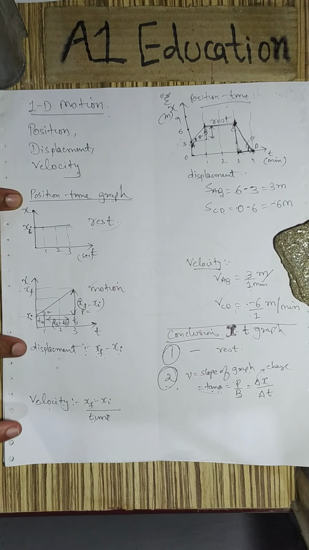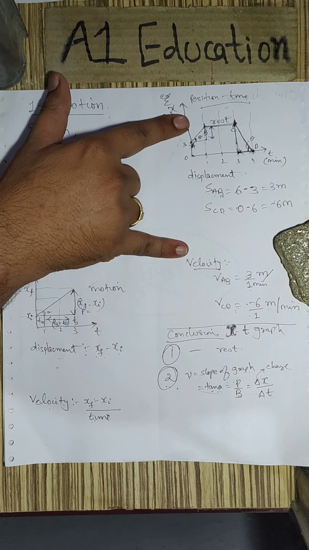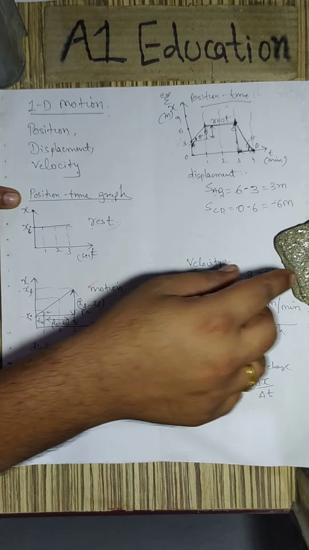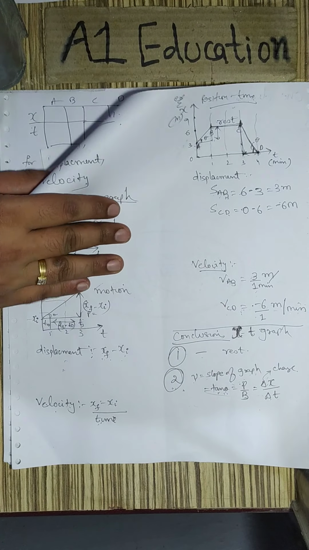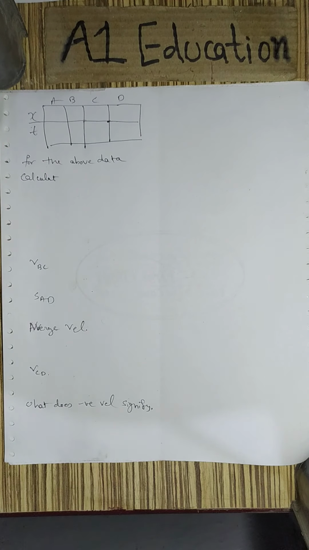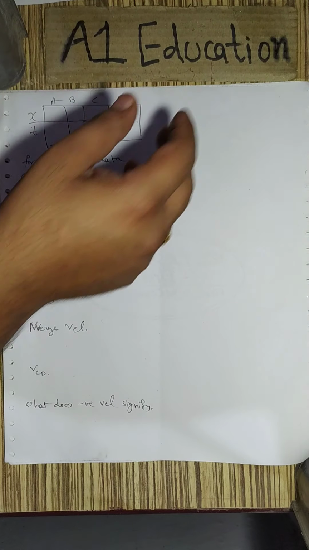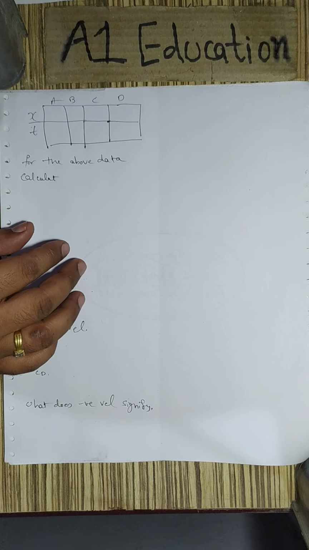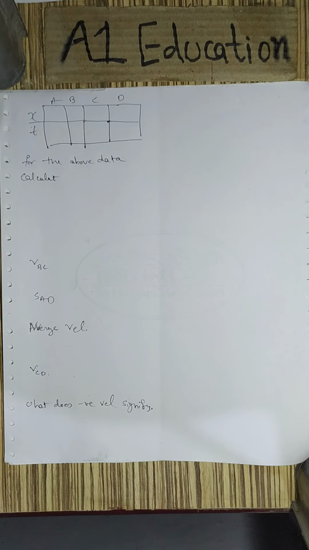From the graph we can obtain displacement and velocity. How can we calculate displacement? How can we calculate velocity? This is the first example. After this we discussed one more, a second example, and now again to apply these conclusions we'll discuss this third example too. This will help us to clarify the concept of position time graph, or also you can say displacement time graph.